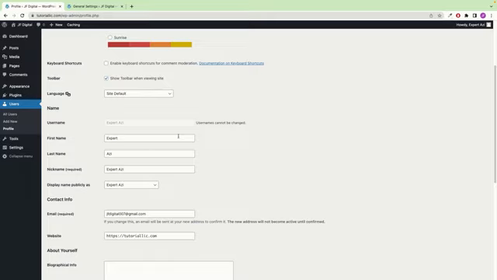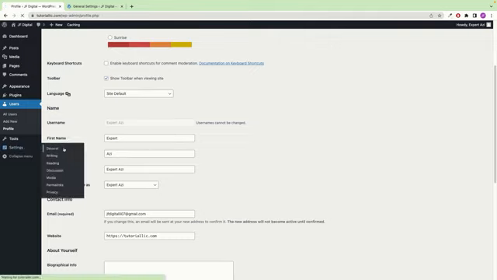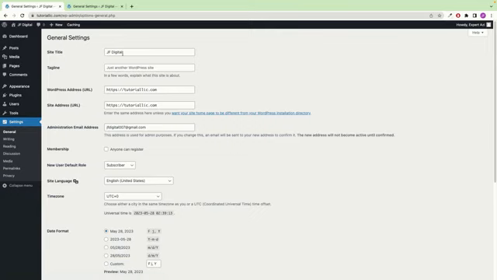Now let me show you how you can change your website title or tagline and the membership. To do that, we can just go to settings and click on the general button. Then you will get to see the site title. That's now Jim Fahad Digital. And now I would like to change this tagline into something like